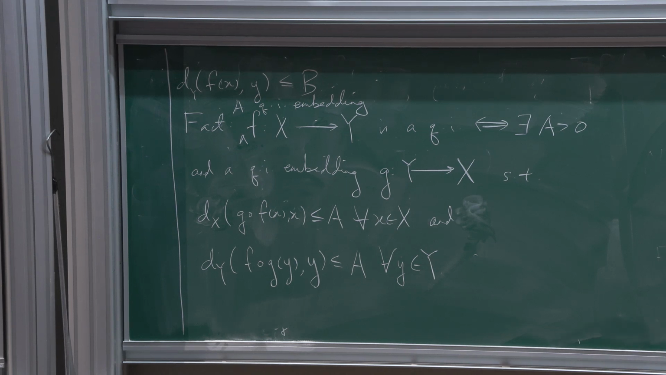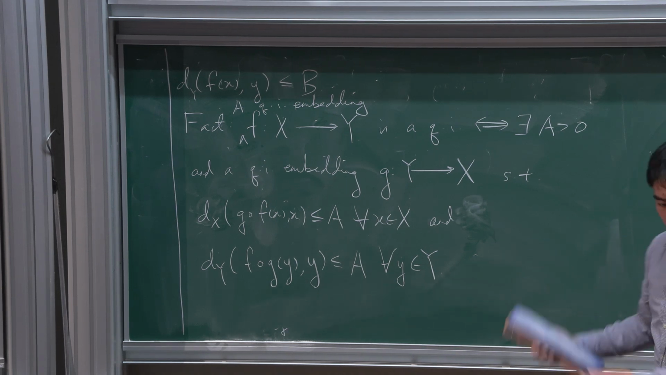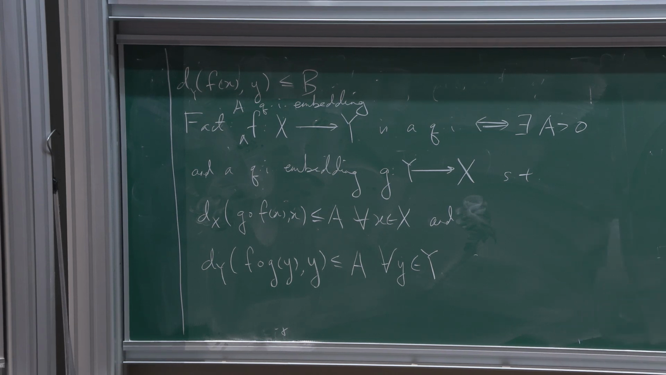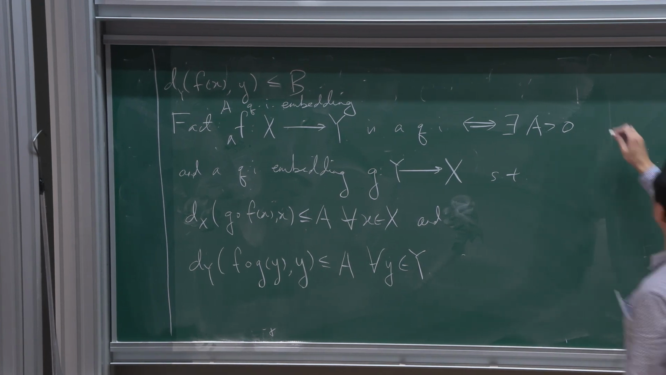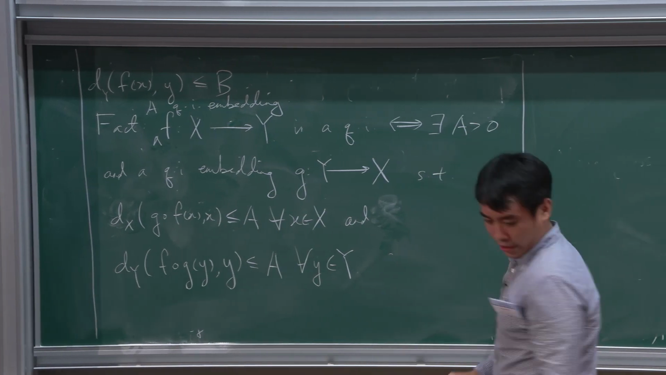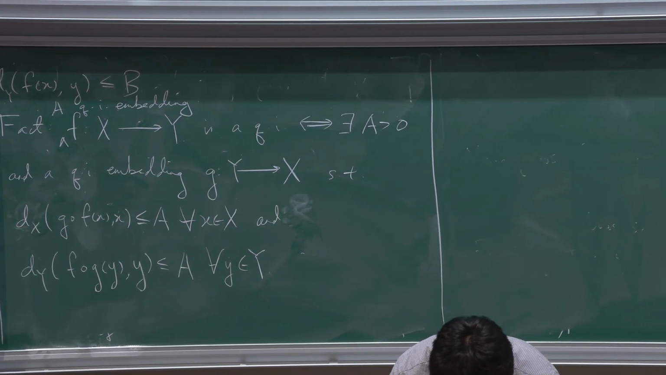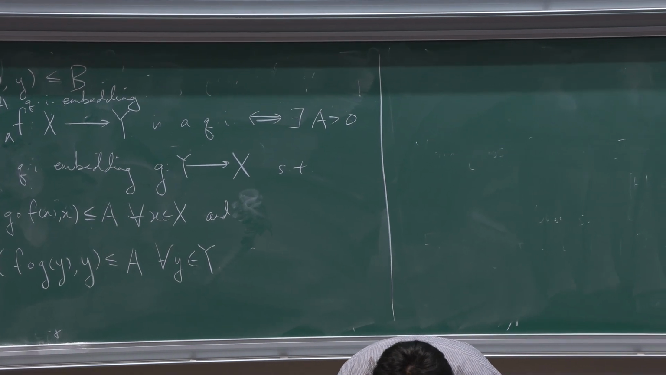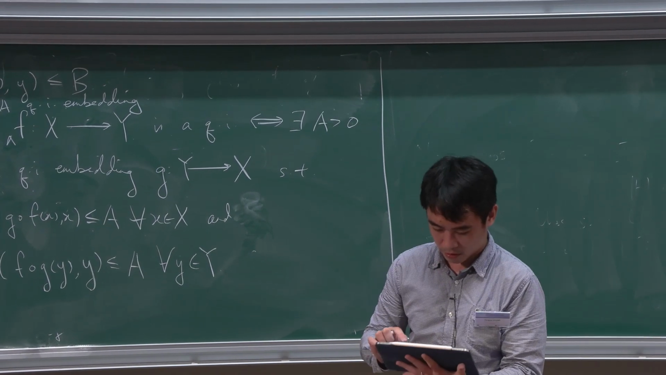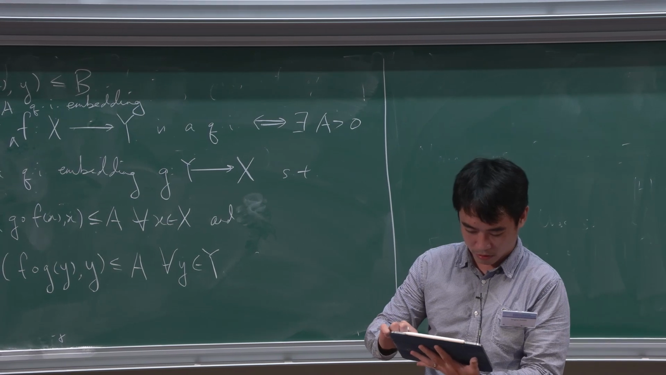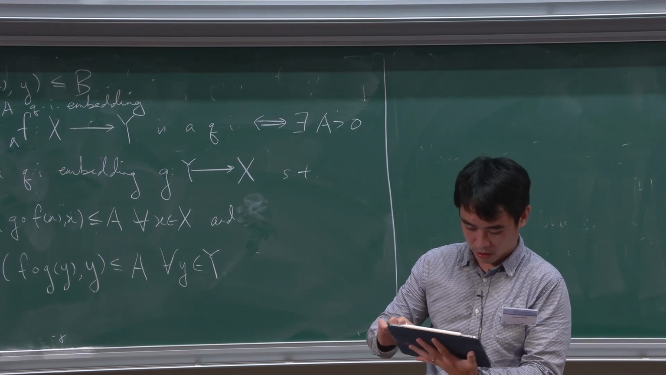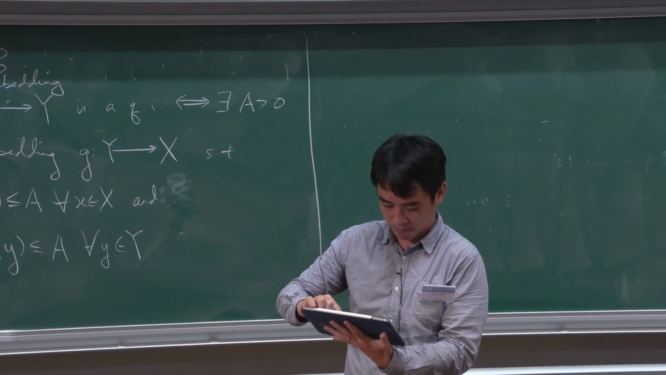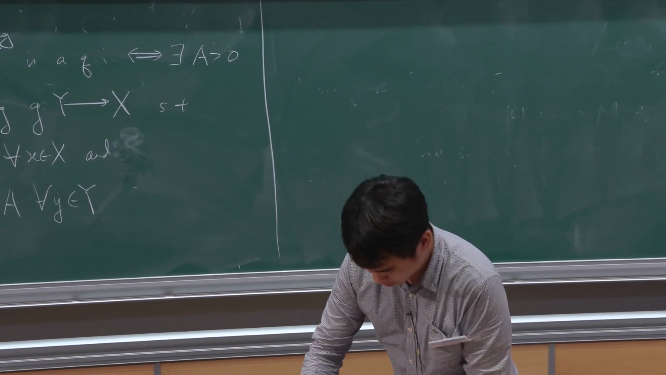So in particular, metric spaces being quasi-isometric is an equivalence relation. Okay, so let me make sure I didn't miss anything. Okay, good. So next,